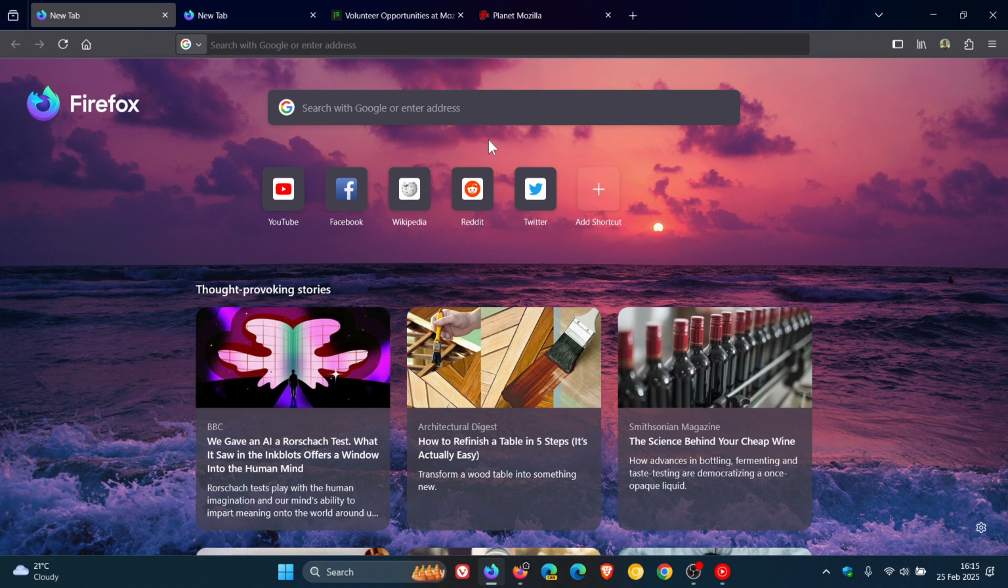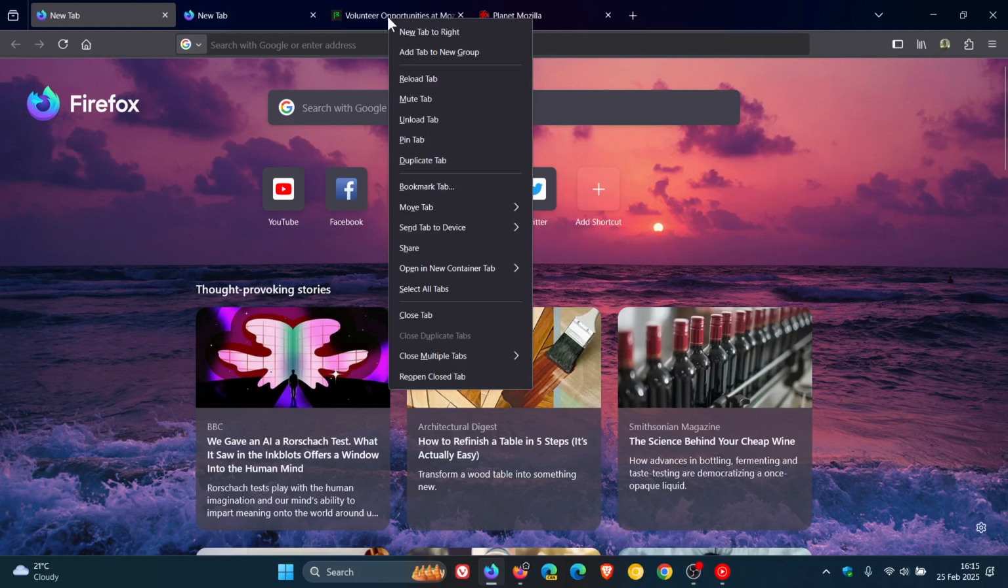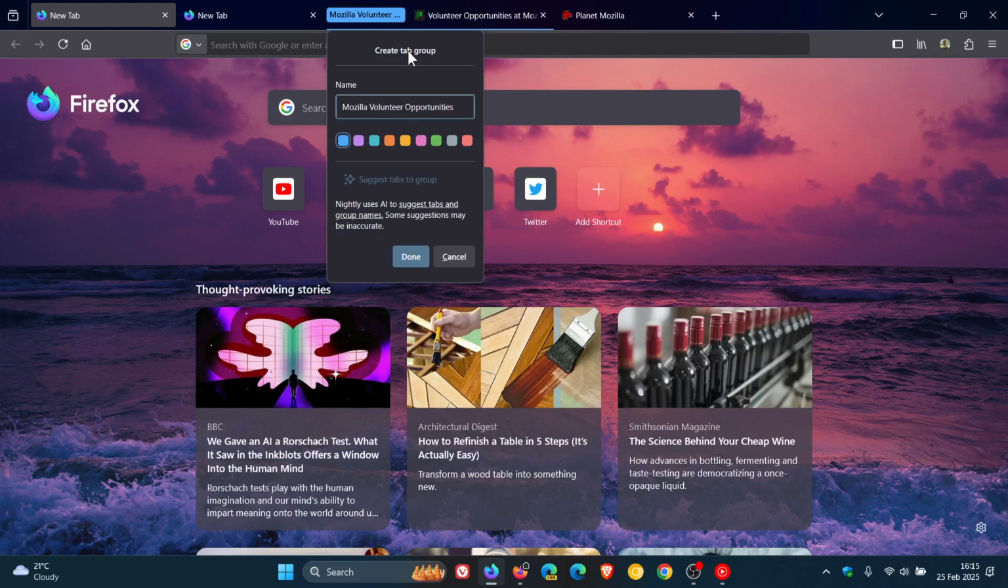Now, how this all works is if we right-click on a tab and add tab to new group, we can see it automatically gives the group a name, and obviously you can change that. Here you've got suggest tabs to group, which is the AI part of it. And it says Nightly uses AI to suggest tabs and group names. Some suggestions may be inaccurate. So if I click on Done